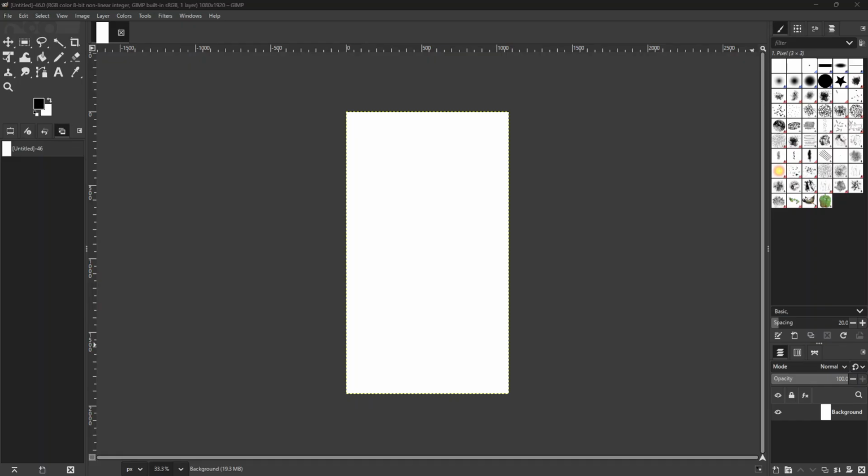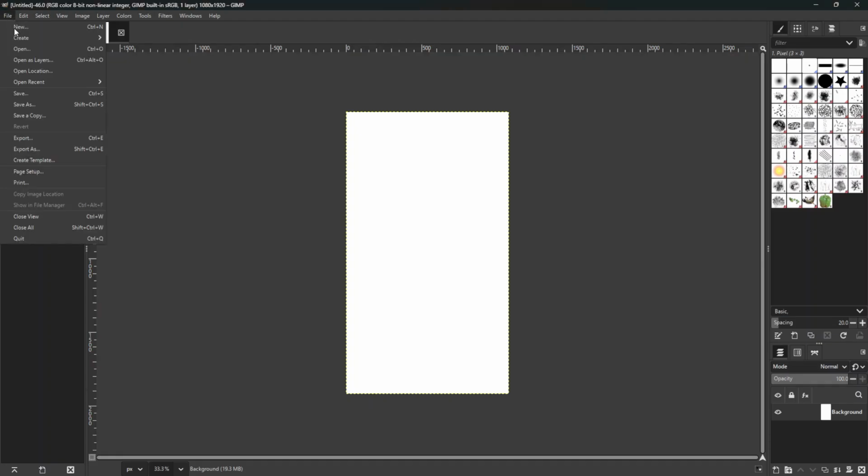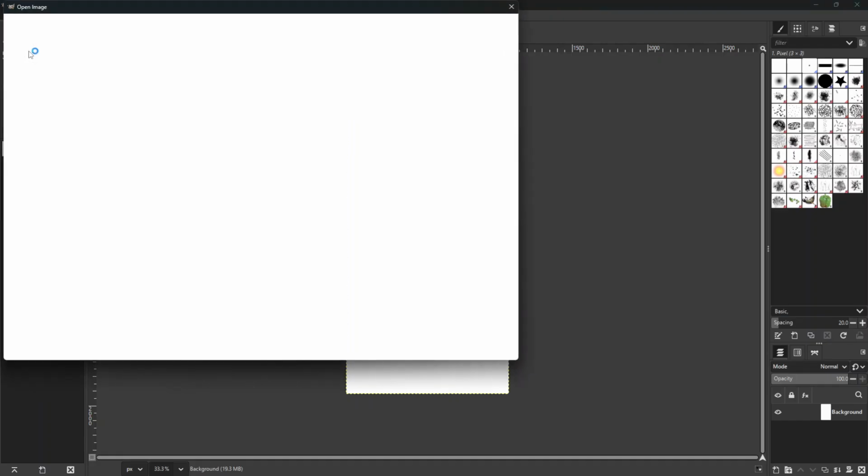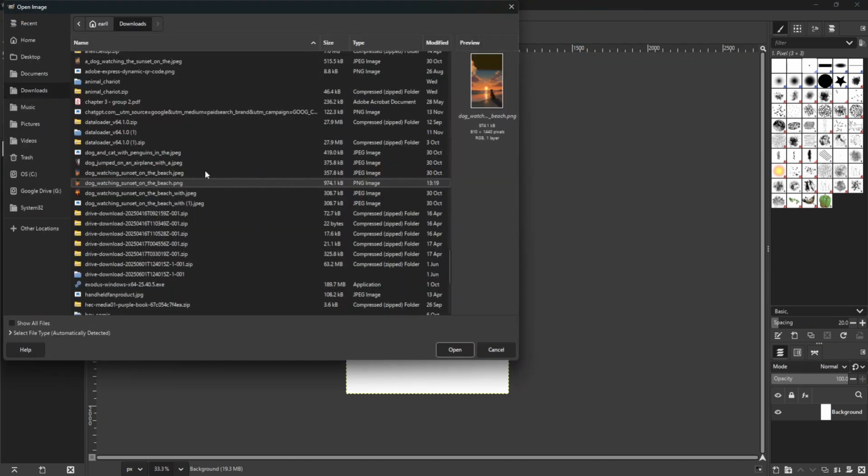Let's start with opening your image in GIMP. First, launch the GIMP application, and once it's open, go to the top menu and click on File. Then select Open. A window will pop up, allowing you to navigate your files. Find the image you want to work with and open it. It might take a moment to load, but soon enough, you'll see your image on the screen, ready for some